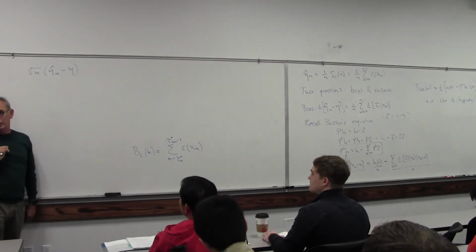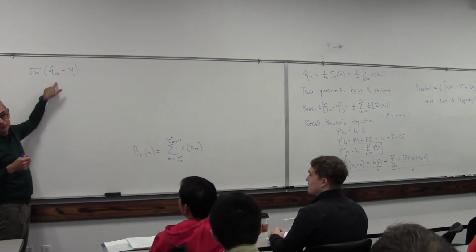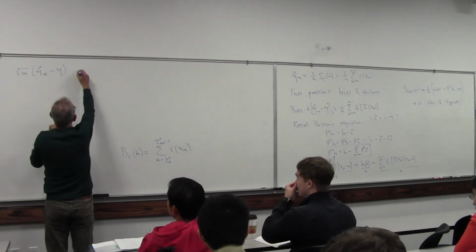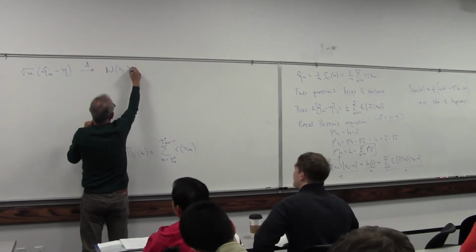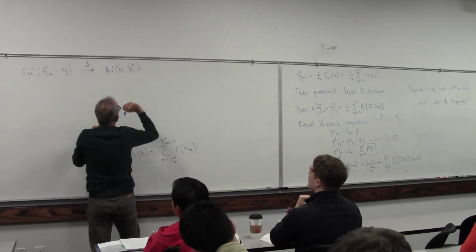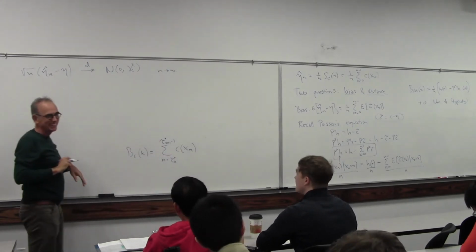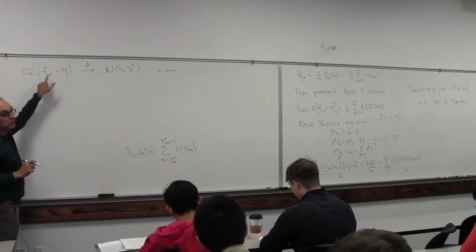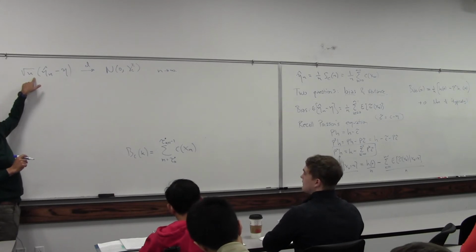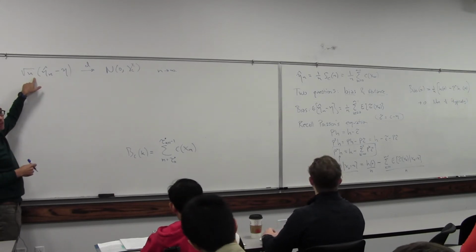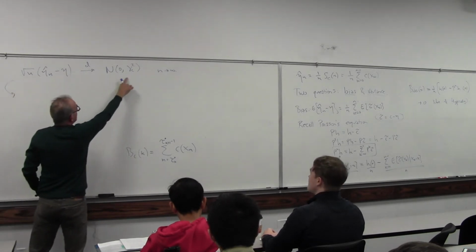So this is what any statistician does. They have this thing going to 0 with n, and they hope the central limit theorem holds. All right? That this goes in distribution to a N(0, gamma squared c) as n goes to infinity. And I'll explain what I mean by this. So this goes to 0 almost surely. What I'm doing is I'm multiplying by something that blows up and hoping that I get convergence to some random variable. And again, what this means is, because that's a Gaussian,